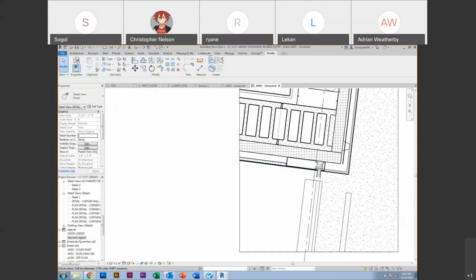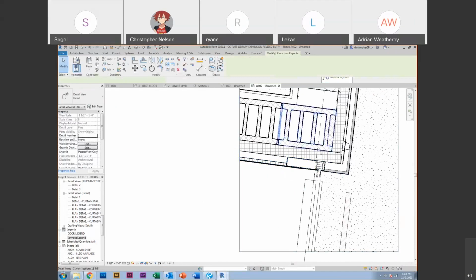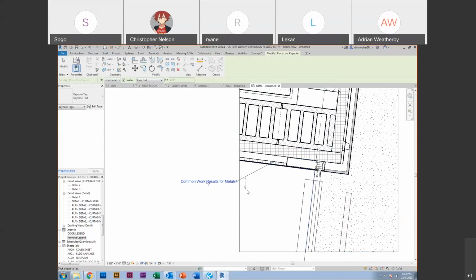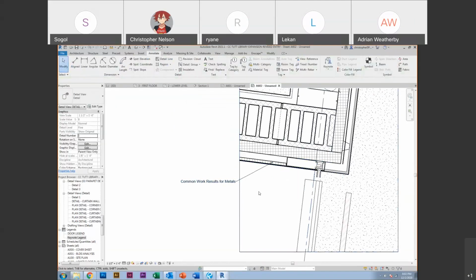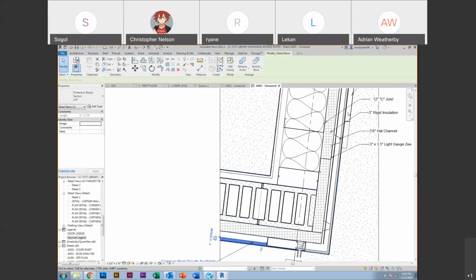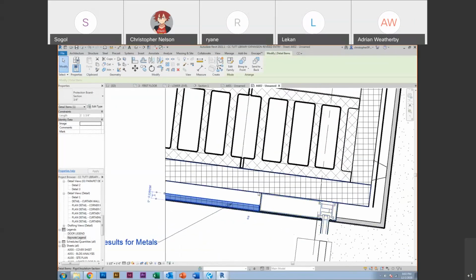So if I go to annotate, I could do user keynotes, or I could just do regular keynotes. I could call it out to be whatever it is. And that way, every time I place it as I walk around the building, it would be the same. And then here, if I were to do things kind of like the way I would want to do things,